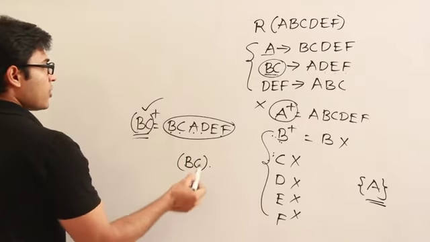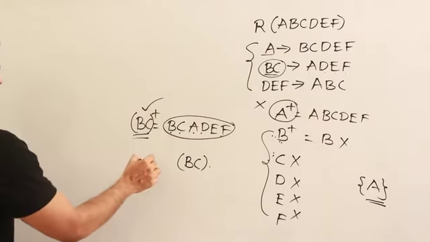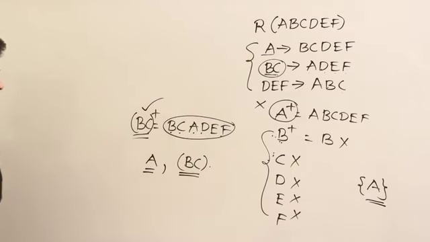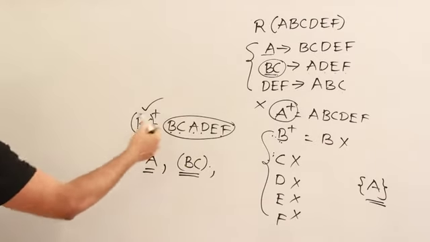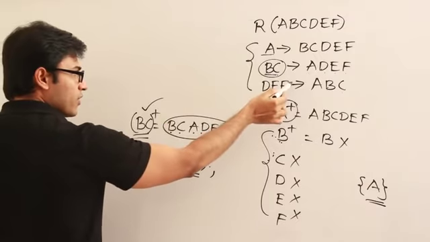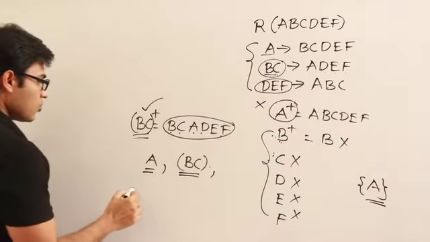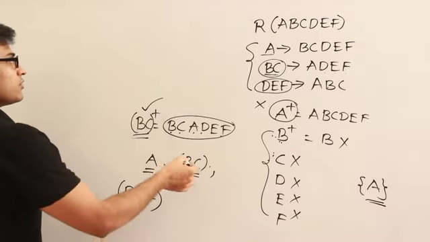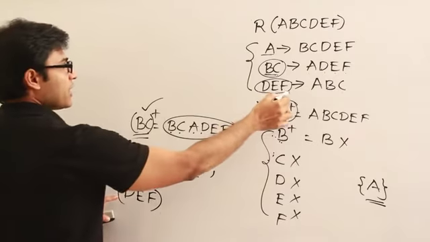Got it? Now I want to test for three attributes, right? When I go for three attributes, I am not supposed to have either A as a part of it or BC as a part of it. Therefore, other than A and BC, if you try to get any three attributes, right, you can see that only one combination will give you something other than that, which is DEF. So only for the combination DEF you will get something. What I mean to say is, only for DEF you will get some more attributes.